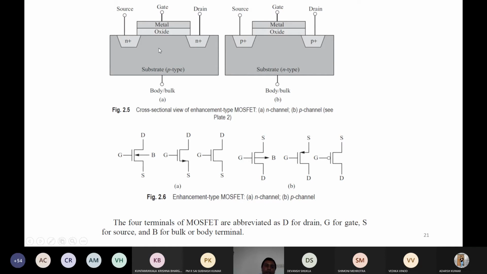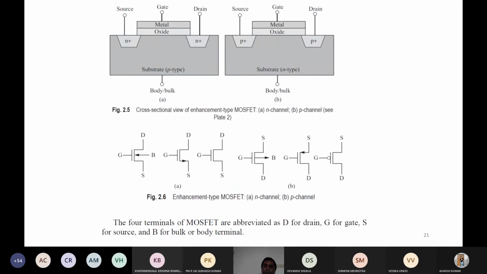This is the physical structure, the side view of the n channel MOSFET, and the channel is not present at this moment because no bias is applied. If you apply some bias, obviously some tapered channel will be created here, starting from the source and touching the drain. In that way the electrons from source can flow to drain, or we can say current will flow from drain to source. So this is the n channel MOSFET structure in enhancement mode, and this is the p channel MOSFET structure in